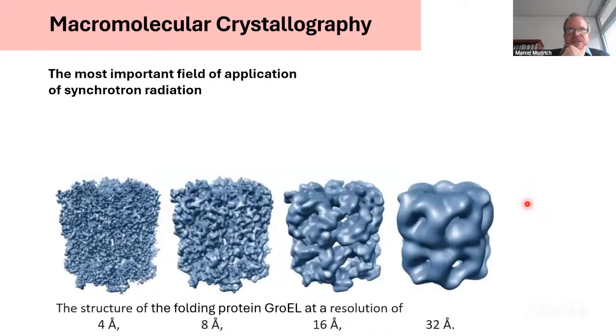Just to mention that this kind of diffraction imaging for these more complex systems, namely mostly for proteins, is really the most important field of application of synchrotron X-ray radiation. So most of the beamlines at synchrotrons do just that. And what is shown here is the reconstructed density distribution for one important protein, this GroEL protein here, that